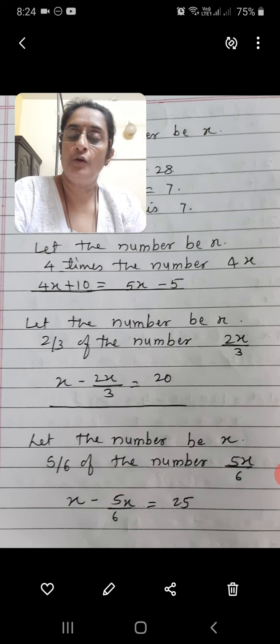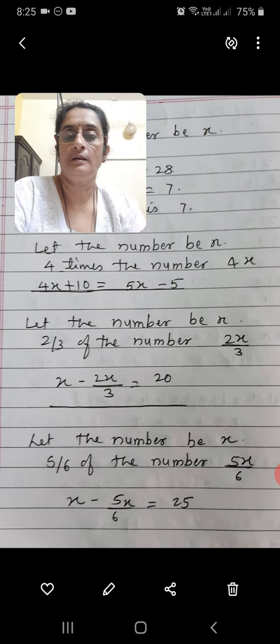That is equal to 5 times that number less 5. So 5 times that number will be x into 5, which is 5x, and it is 5 less than that, so minus 5. So when you make 4 times the number and add 10 to that, it is equal to 5 times that number and subtract 5 from that. So the equation is 4x plus 10 is equal to 5x minus 5. Now this is the equation. The next part of solving I have not done because you can do it on your own. So solve that and you will get the x value, and that is the number which we have to find out.